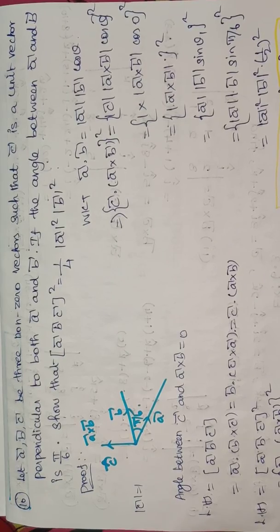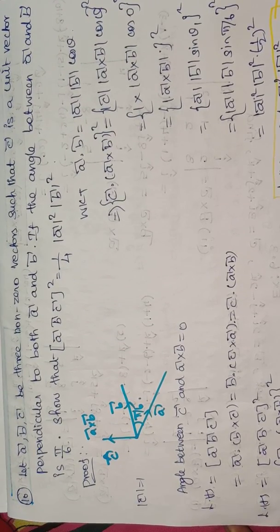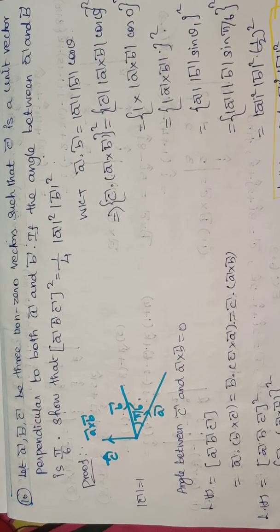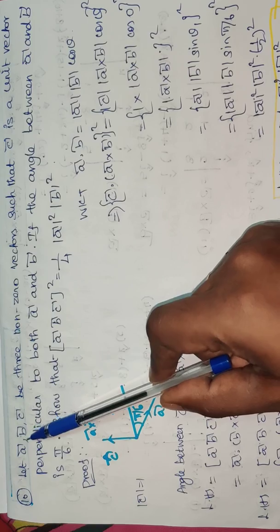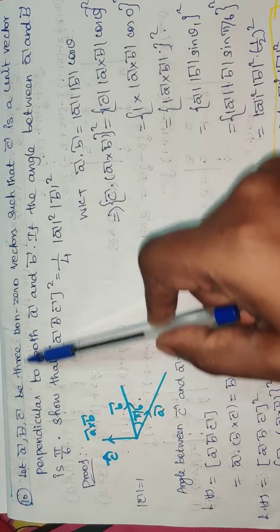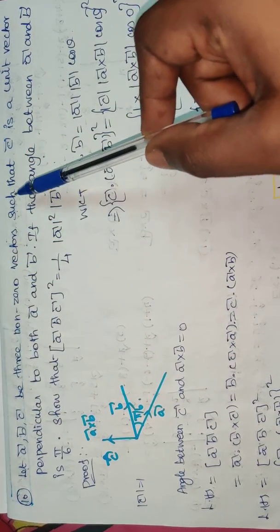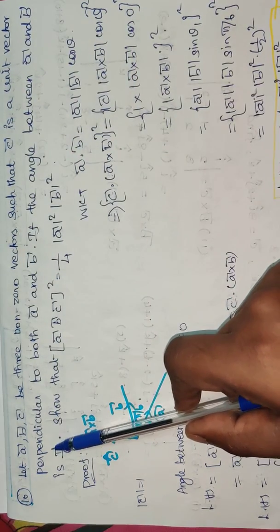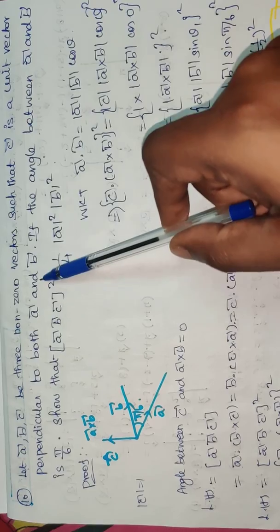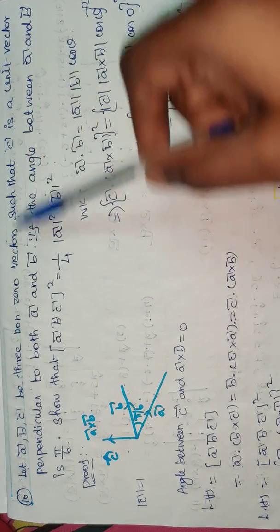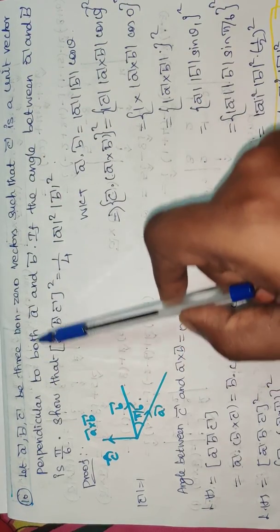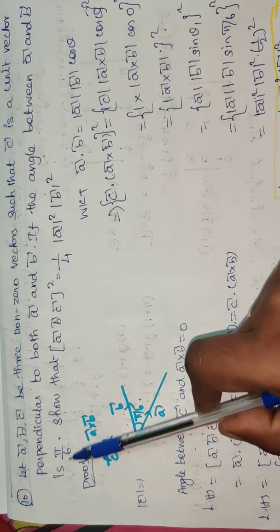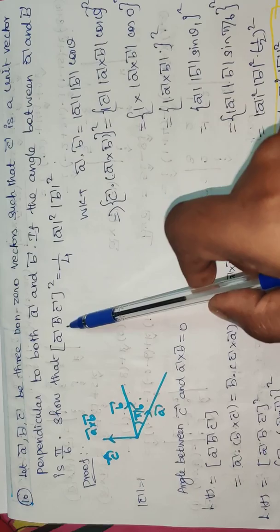Hi children, now we are going to discuss exercise 6.2 question number 10. If vector A, vector B, vector C are three non-zero vectors such that vector C is a unit vector perpendicular to both vector A and vector B, and the angle between vector A and vector B is pi by 6, show that